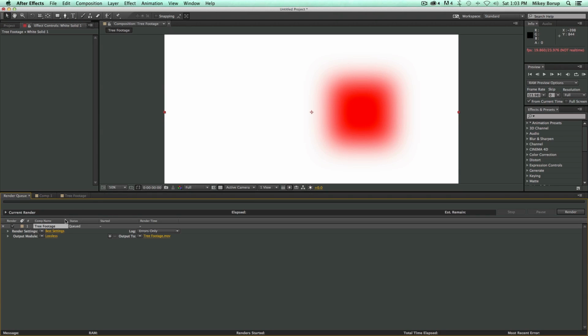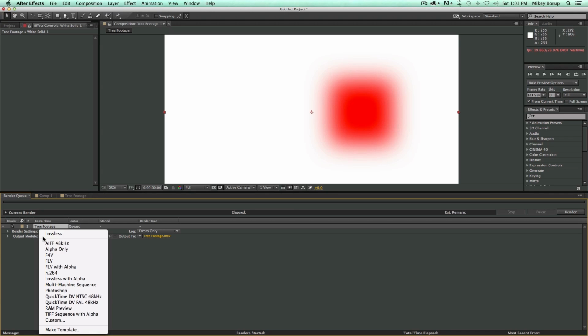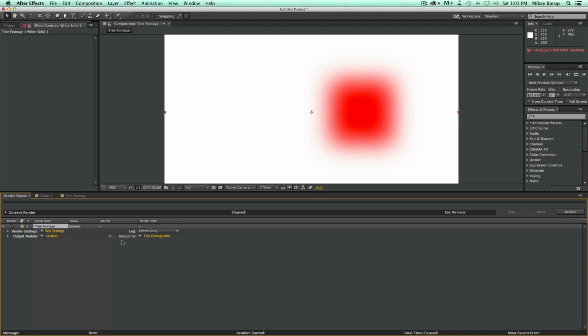Now that I'm in the render queue, you can see here it says tree footage. That was the name of the composition. Even though I disabled the tree footage, it still kept that name. And there are some output settings. Now probably the easiest thing to do is to just click on this and find the preset custom output module of your own, or if you want to tweak everything, if you click right there where it says lossless,